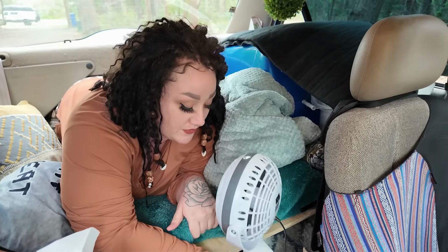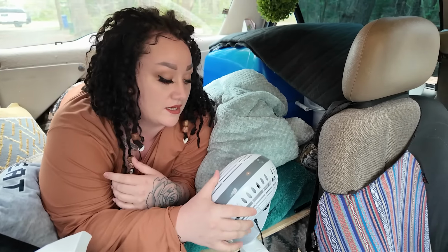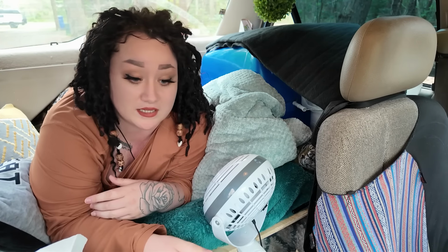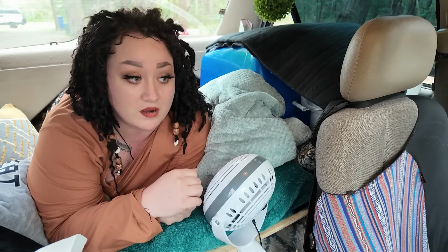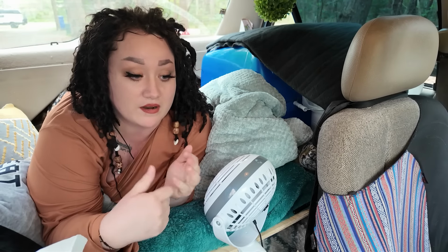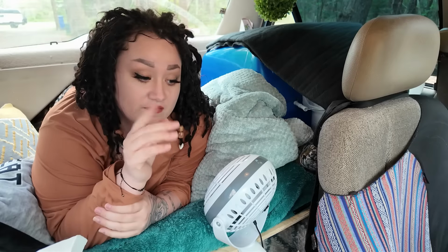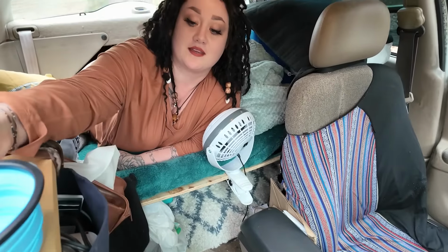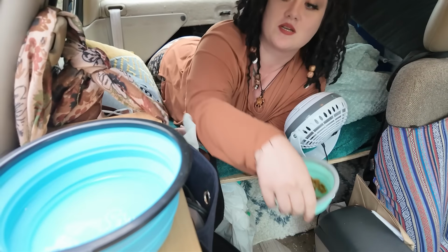In the summertime, it's been getting a little hot, and I use this USB fan, which is very helpful. I just plug it into any USB power source or even my car and let it run to get some airflow, because I don't have a max air fan in the small car. And then I also can peek the windows open and use this mesh that I have and put it over the windows. During the night, I put my cat's water bowl and dish up here,